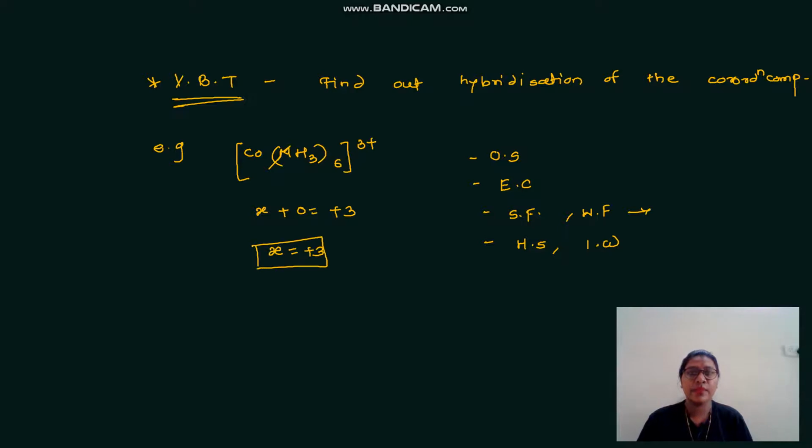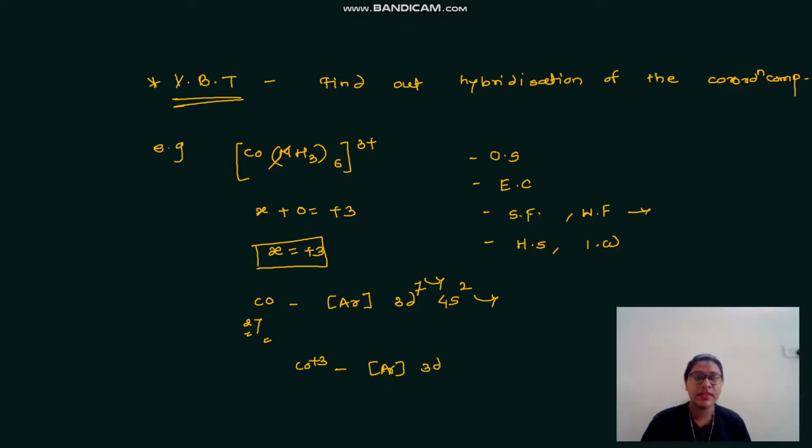Now we can see how to write the electronic configuration. The atomic number of cobalt is 27. I give a trick: first remember the order, argon 3d 4s. Two electrons go in 4s and 7 electrons go in the d orbital. Here the oxidation state of cobalt is plus 3. Therefore 2 electrons are removed from 4s and 1 electron is removed from 3d7. Here we get argon 3d6 4s0.